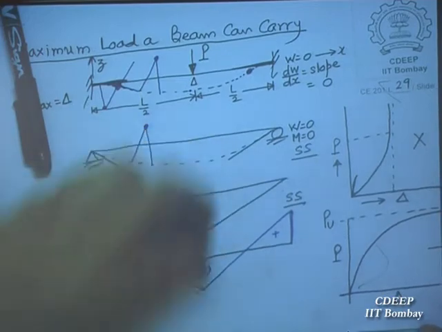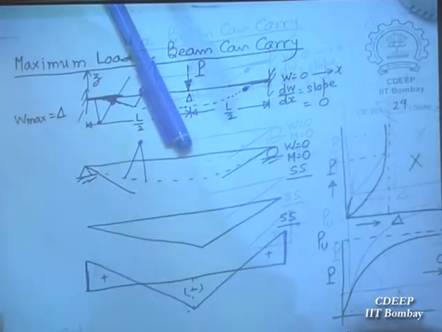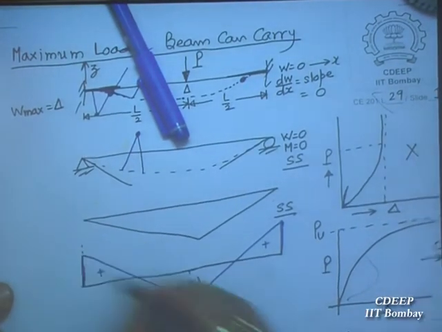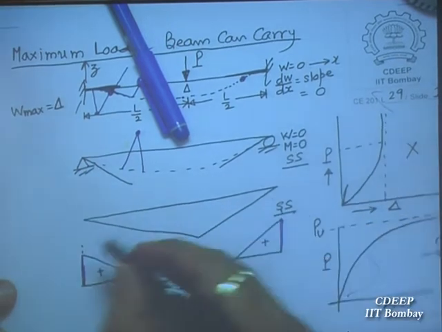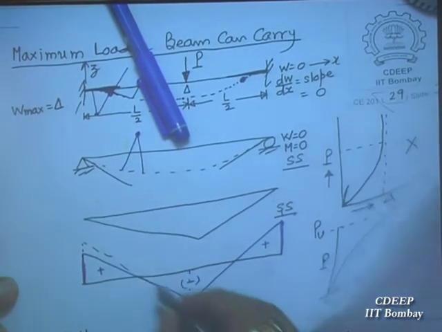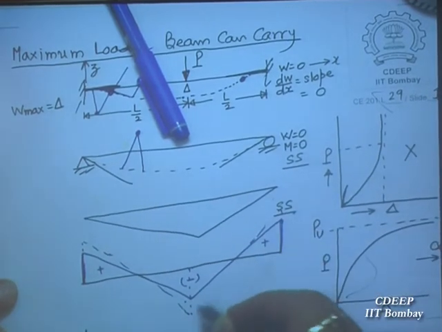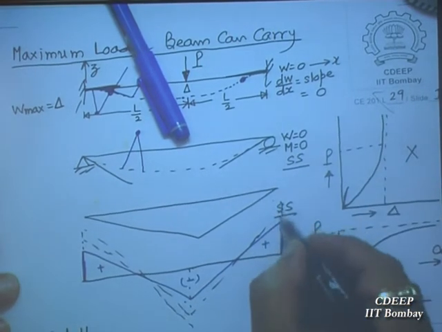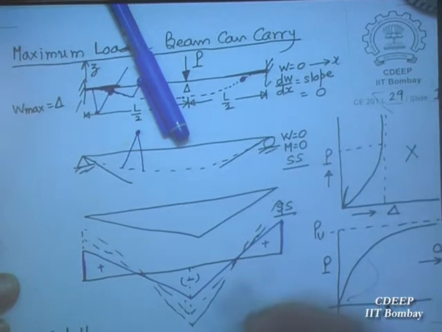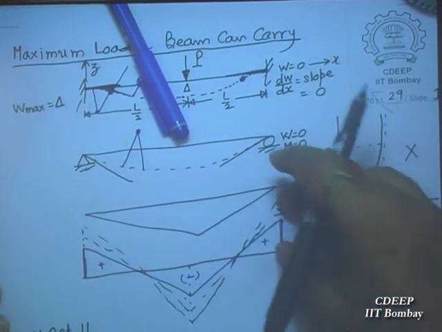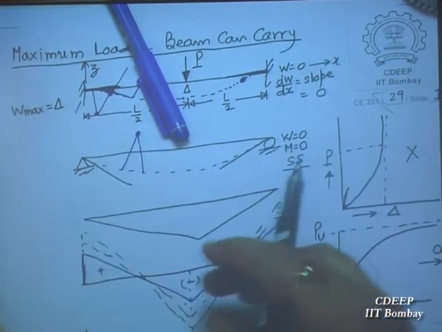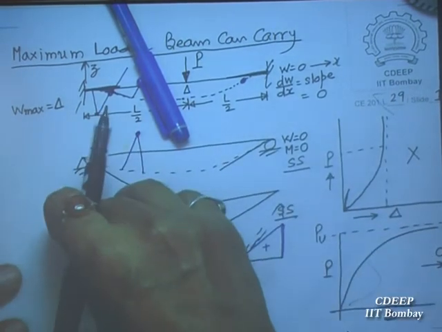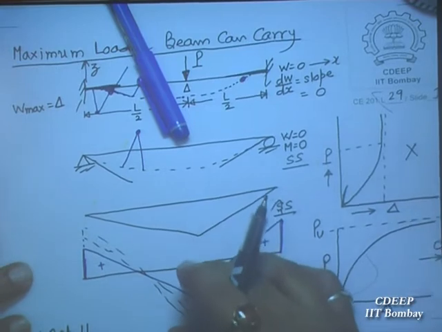As the load increases, this ordinate is going to increase, this will increase, this will increase. The next bending moment diagram will be like this, and the next will be like this. But the basic thing is there is a maximum bending moment at these 3 points. The ordinates may not be equal; all 3 ordinates are not equal. This and this are equal, but the other may differ. I don't want to give the values.